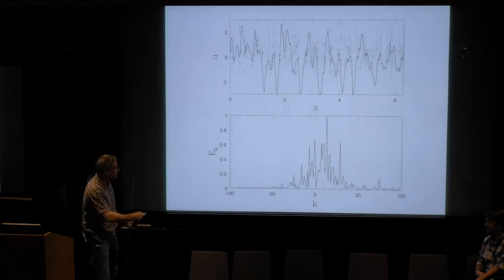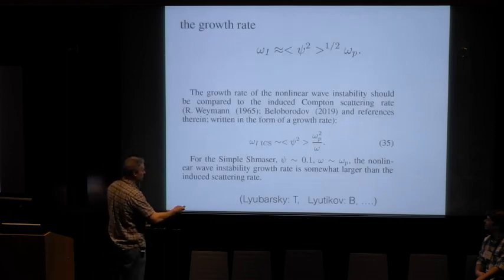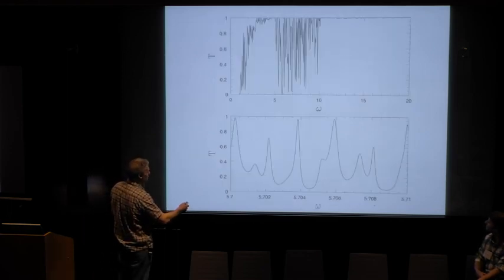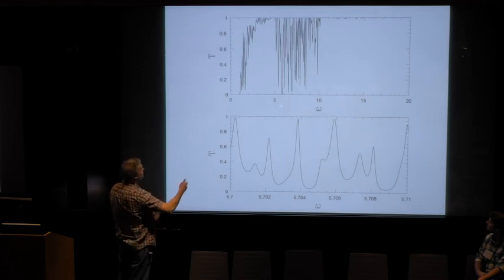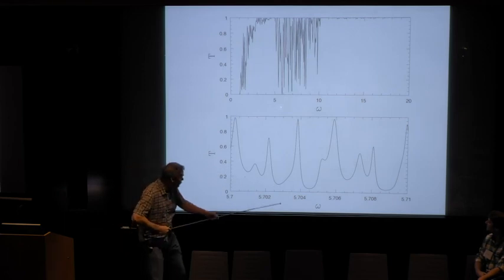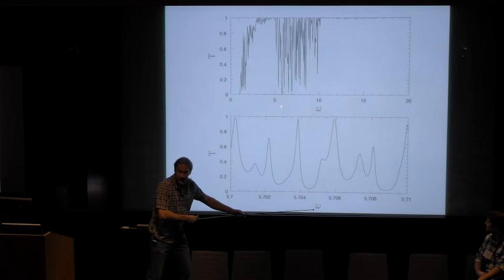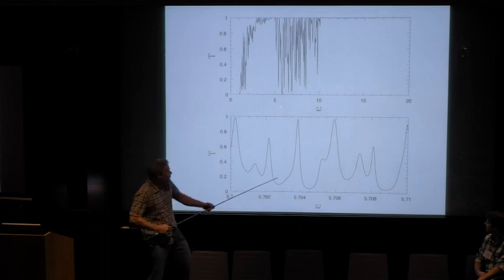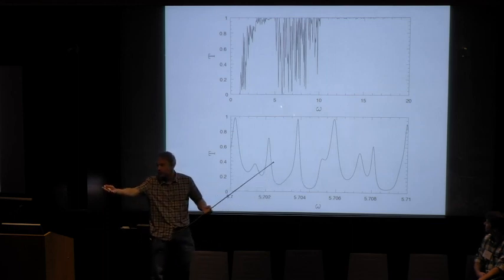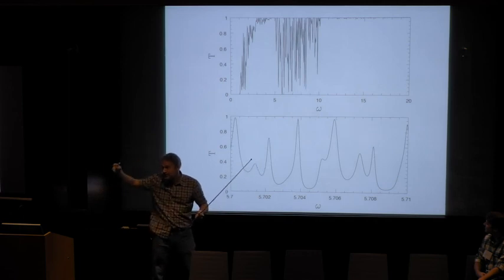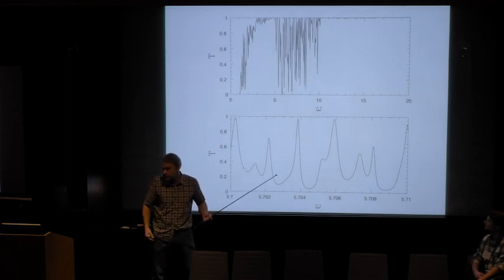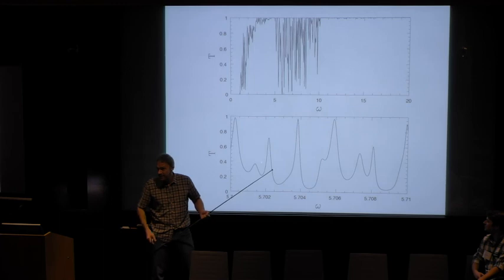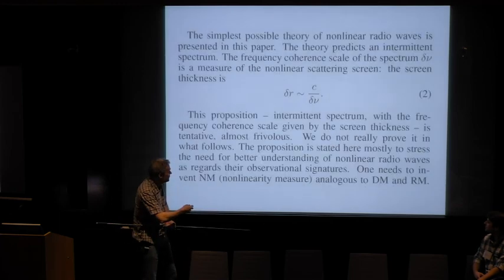So the real punchline, and this will be my last thing. So the real punchline, I have calculated the growth rate. As you see, I indeed got, this could be gigahertz from my theory. I just didn't know that there is a scattering measure. And clearly when you see this, and then you see your pictures, you say, okay, I've invented a nonlinear measure. But the real punchline is here.